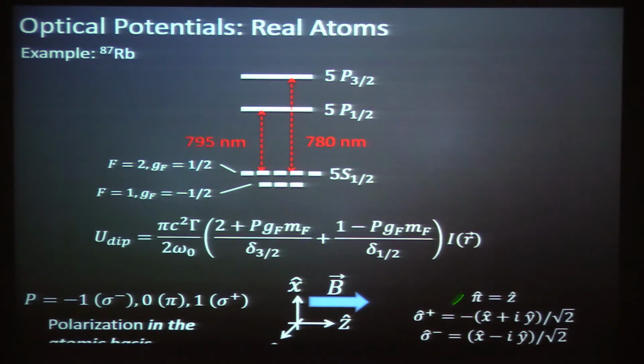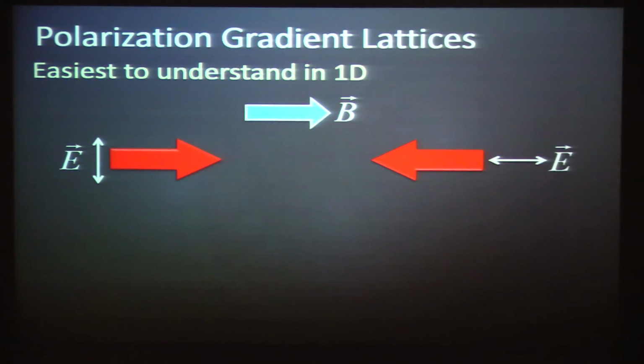All right, so how does this help you out? Well, notice something here. So if you have an MF equals 0 atom, it only cares about intensity gradients. That's what makes a potential or a trap or a lattice for them. But if you have, because M is 0, so these terms disappear. If you have atoms that are MF equals, say, -1, then they can be affected by polarization gradients in space. And that's exactly how Schnabel did those experiments. So this is an extreme version of that experiment.